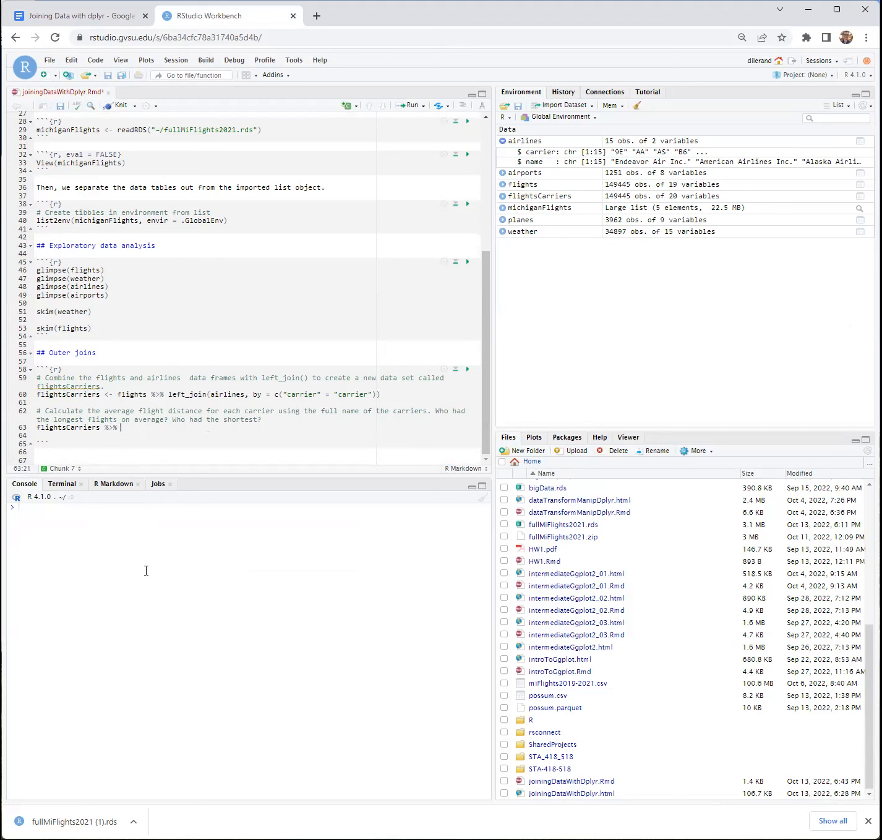So we can use group by and summarize. So what are we grouping by here? We're grouping by the carrier. And then what are we summarizing? Well, we want the average flights for each carrier. So let's call it AVG